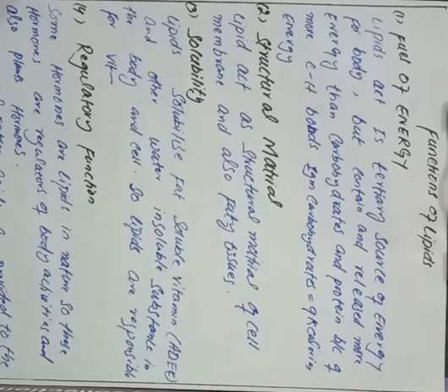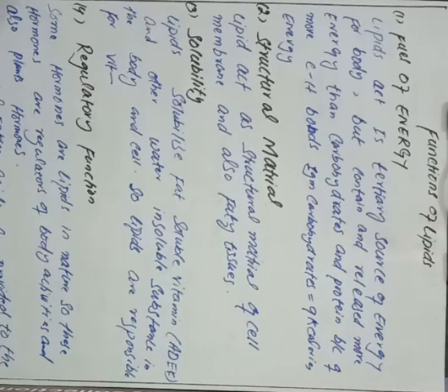Lipids contain more energy than protein and carbohydrate, but it is still a tertiary source of energy because if it released energy all at once, then it would become very large and the body and the cell would not be able to maintain and regulate it. That is why lipid is a tertiary source of energy. 1 gram of lipid gives 9 kilocalories of energy. If you oxidize 1 gram of lipid, then it will give you 9 kilocalories of energy.